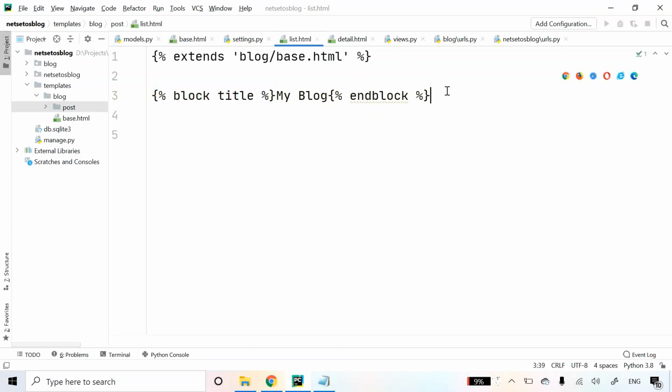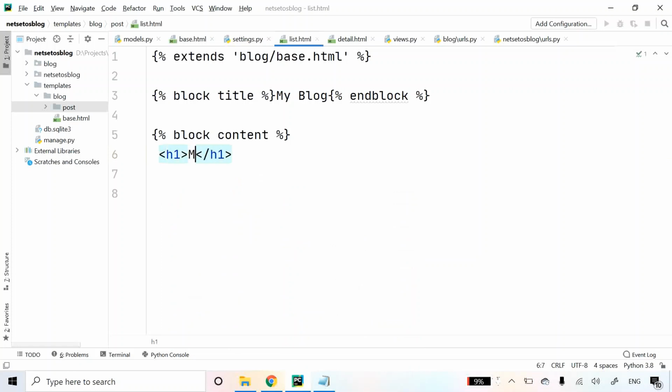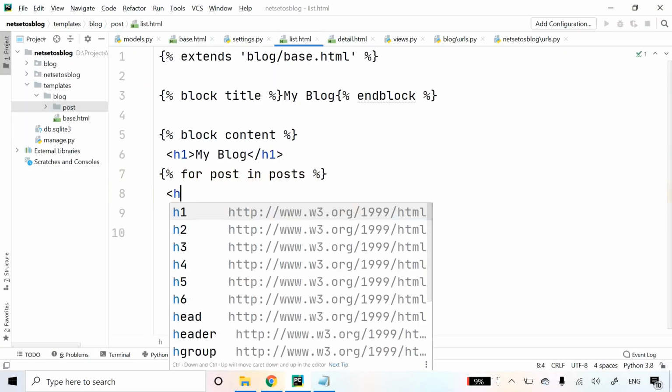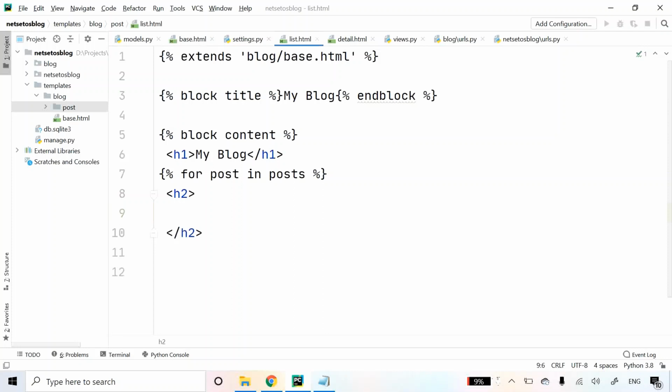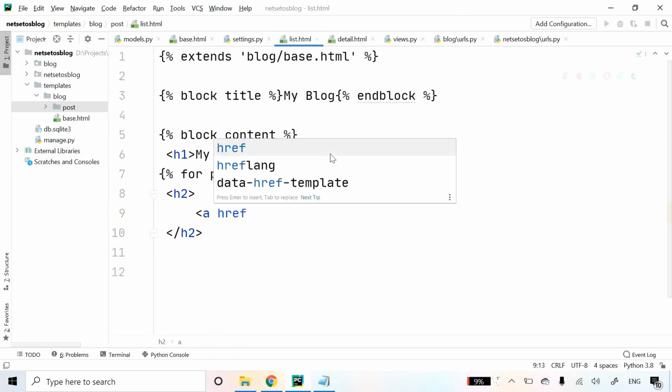The second block will be block content, and here in h1 tag I will give my block, and here I'll give a loop for post in posts, and here I'll define in h2 tag the link in href.